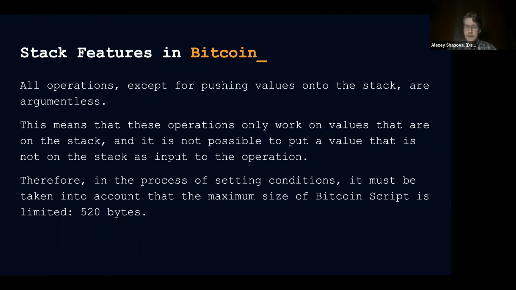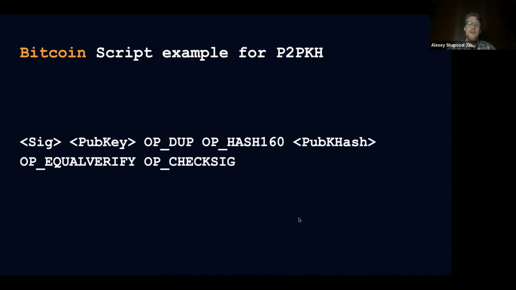This is the current limitation in Bitcoin, so you cannot have a multi-signature bigger than 15 public keys, but with the Taproot update, this number can potentially be endless, but so far this is what we have. Now let's look at the example of how Bitcoin script looks for